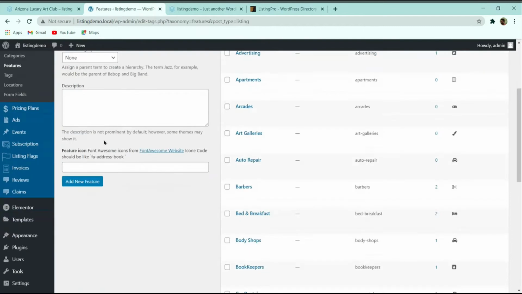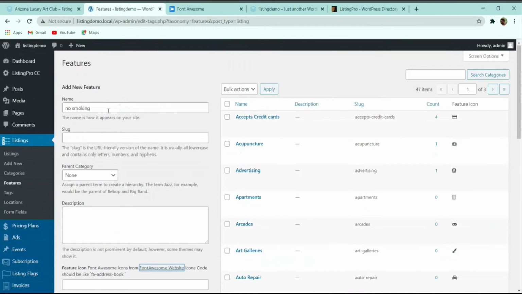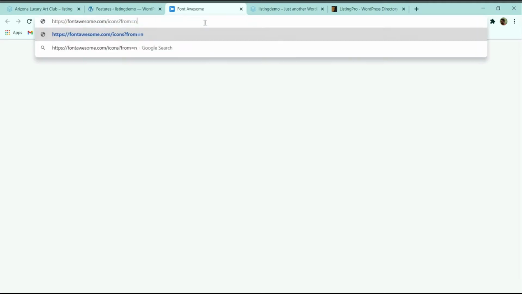And then the best thing is that you can directly go to the Font Awesome website, and whatever icon you want to add, you can add it directly. So now let me go to the Font Awesome website and search for an icon. Here you can see that I have given a feature name, no smoking, and then on the Font Awesome website I can search here no smoking.